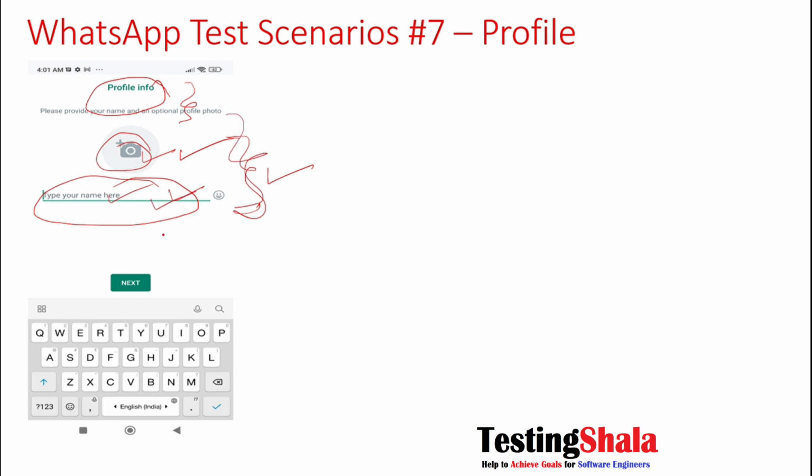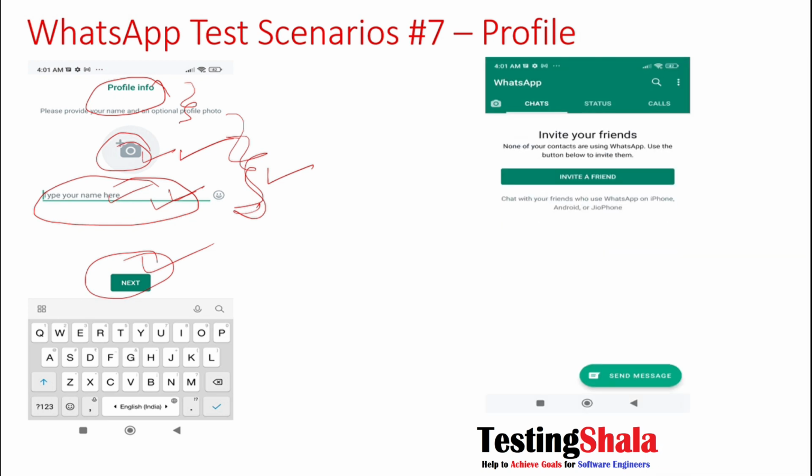Once after adding this picture and a text, then when I click on the next button, what should happen? That is a validation we should make as part of our testing. So once the profile information has been updated, the next part is we should be able to chat with this